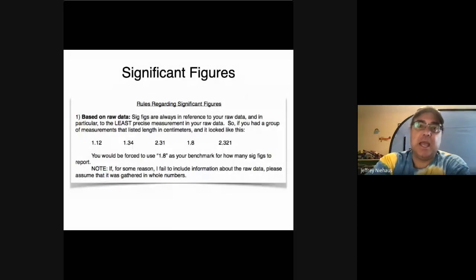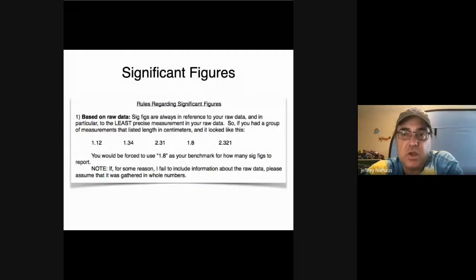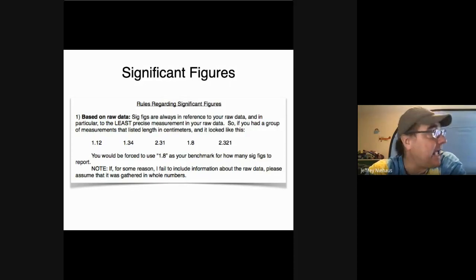So we swap back to significant figures then, and significant figures is our way of keeping ourselves humble when it comes time to report values. The reason why significant figures are important is because we don't want to let people claim extreme precision where none exists. All right. If I say that the length of my street is 350 yards,